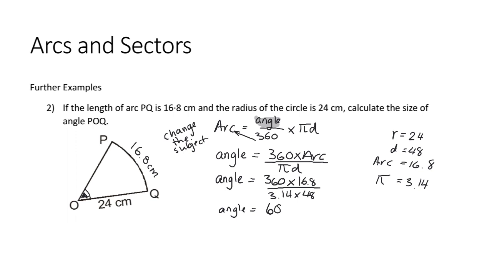6,048, and 3.14 multiplied by 48 is 150.72. At that point, I'm then going to carry out the division. So make sure you're showing your working, make sure you're putting those two figures in your working. When you do the calculation on the calculator, you will get